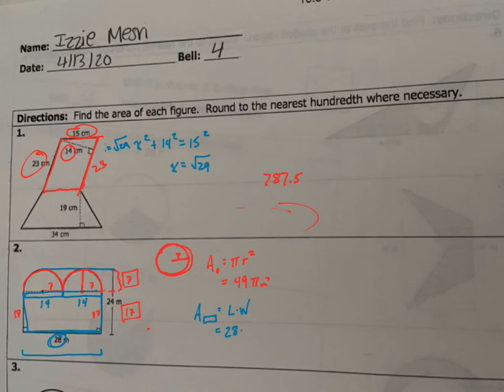The other dimension is 17. Got it? Yeah. What's 28 times 17? 476 meters squared. So the total area is going to be equal to the area of the circle, 49 pi plus 476